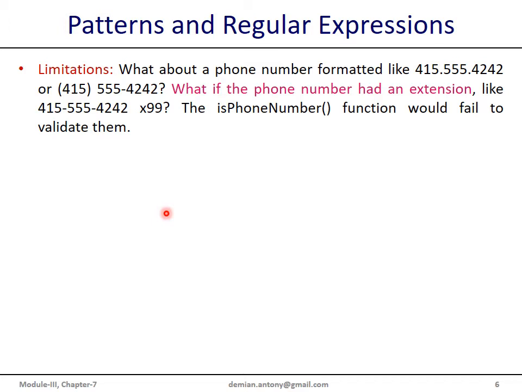And third one is, suppose we want to add an extension to a telephone number, again we have to write the code to recognize the extension, whether the extension is of 3 digits or 4 digits, and even if it is preceded by a space or hyphen. And if you see the previous program, it fails to recognize or validate the telephone number with the extensions. These are the 3 main limitations of the traditional